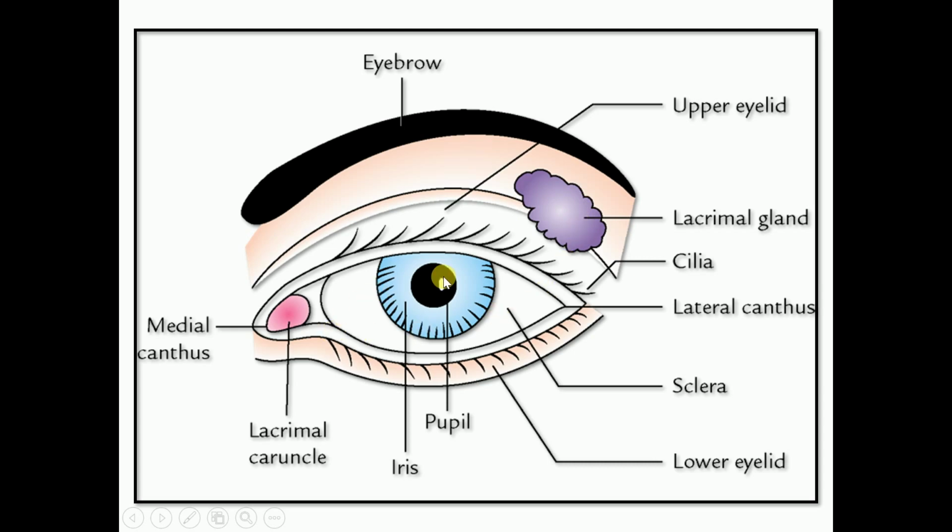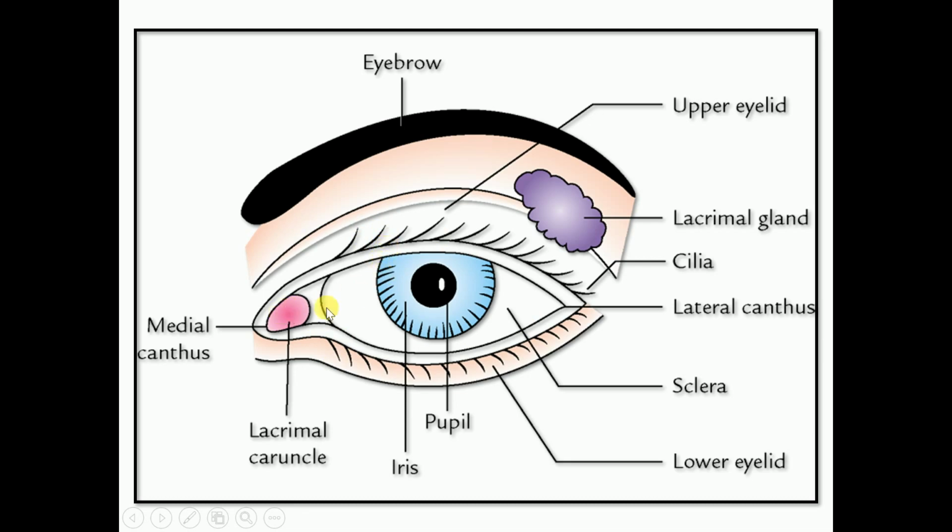Now another structure that can be seen is the middle of the palpebral fissure. Centrally there is a pupil, and this is the iris, and this is the cornea, and outside the cornea on its side there is a white colored structure, that is the sclera. This one is the upper eyelid and lower eyelid. Eyelids are nothing but movable curtains which cover and protect the eyeball from any foreign body entry, any injury, or bright light.